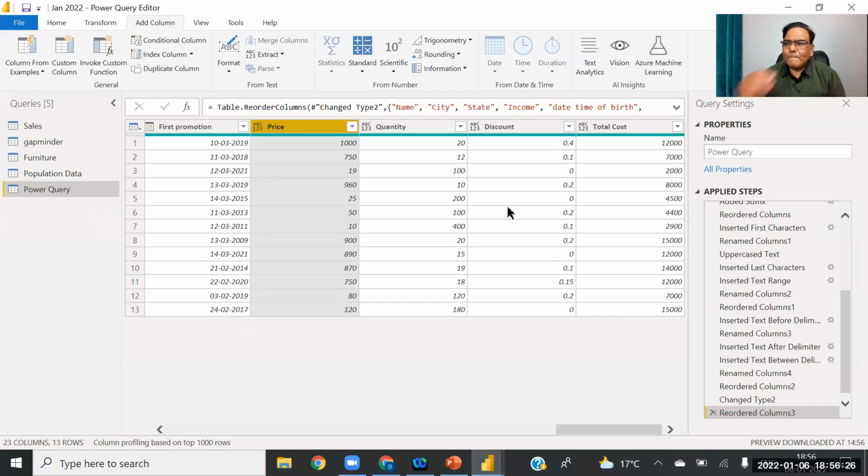First of all, I am going to calculate the sales revenue. Obviously I need a new variable in a new column. Whenever we need a new variable in a new column, we have to go to Add Column, you know that. And here you can see this box. We are going to use this box now.